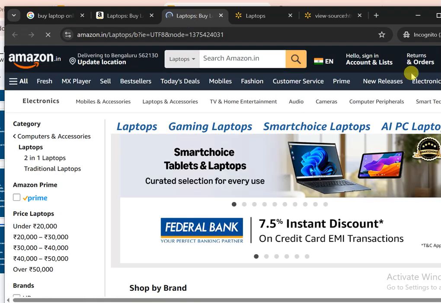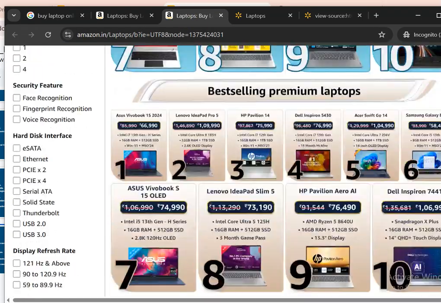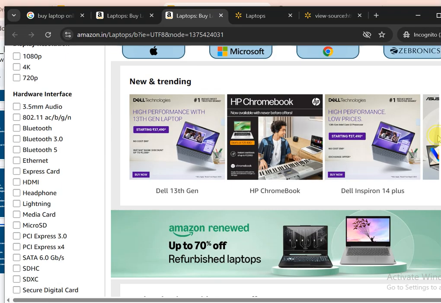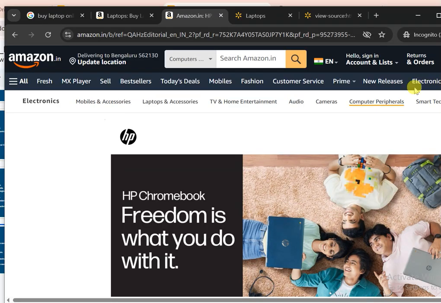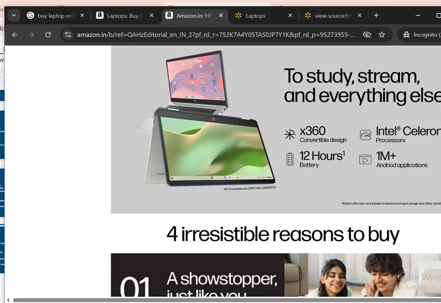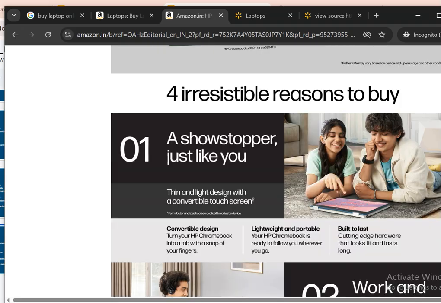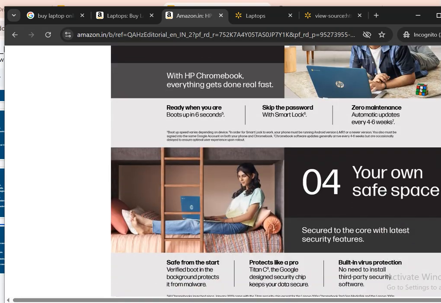If they click on buy now or something, then that is one action, and that is called a conversion. The conversion rate is calculated as the number of conversions divided by the number of visitors coming to the website, multiplied by 100. That is the conversion rate formula.